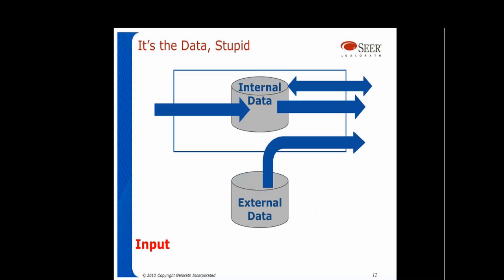I'm going to bring that to life here in this diagram, showing you the application boundary, this thin line box, and then the arrows going in and out of the application boundary. In this example, we have internal data, which is inside the application, and external data outside the application. An input, and I'm starting to get into classifying functions here, sends data inside the application, updates internal data. An output takes data from the application, from inside or outside the application, processes it, and sends it outside